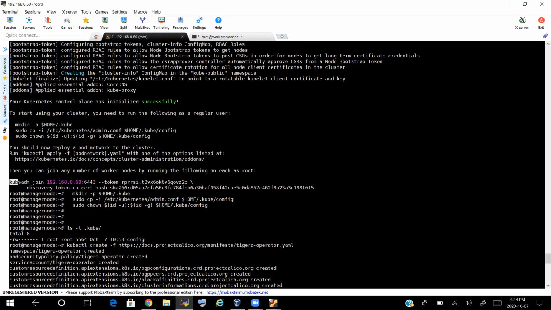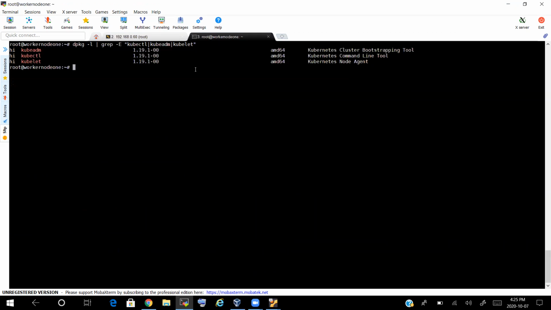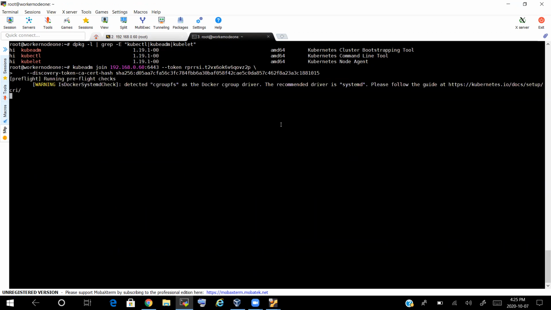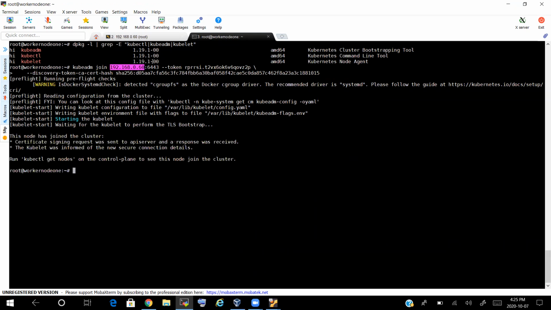Once this is also done, if you scroll down a bit, there is a last command that we have to execute, which is nothing but, if you want to join the worker nodes to this particular master, you have to execute this command. Go to the worker node, copy this, go to the worker node and just execute this. That's it. Okay. So it is trying to reach your master node using this IP. So that's the reason we have bootstrapped our control plane node with this particular IP address.